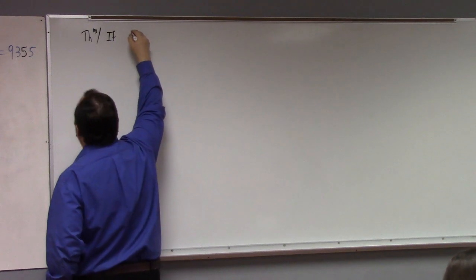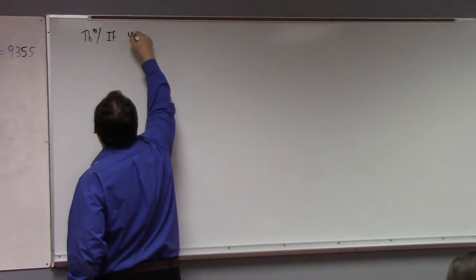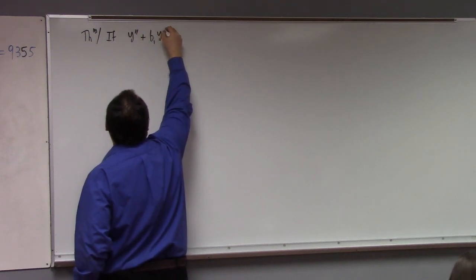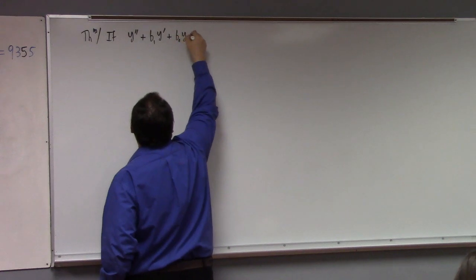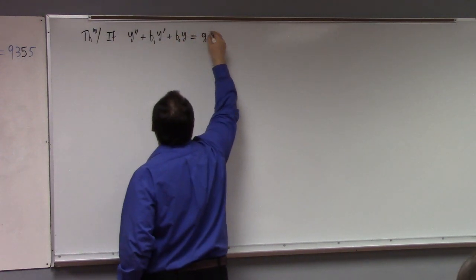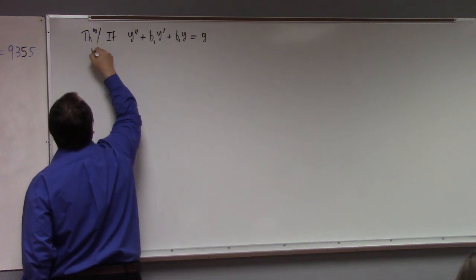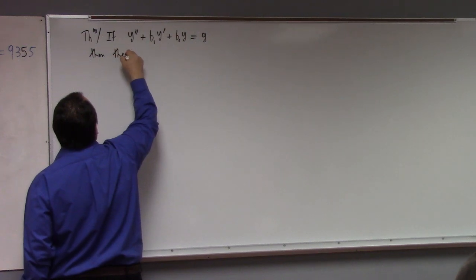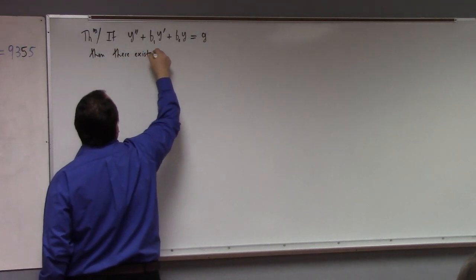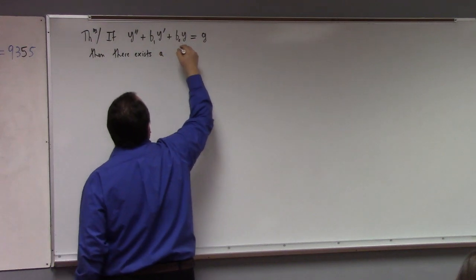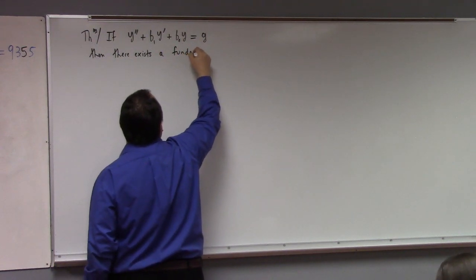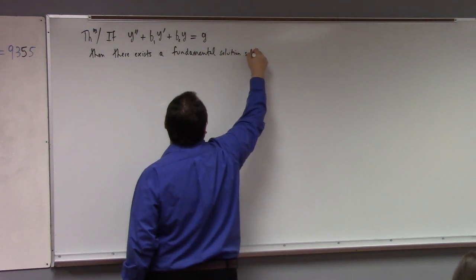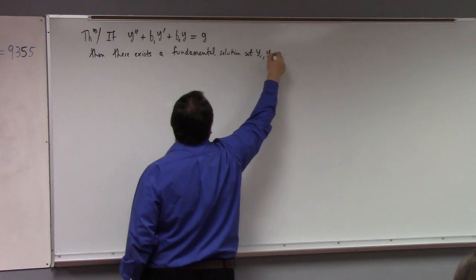If you have y double prime, let's say, plus b1 y prime plus b naught y equals g, then there exists a fundamental solution set y1 and y2,